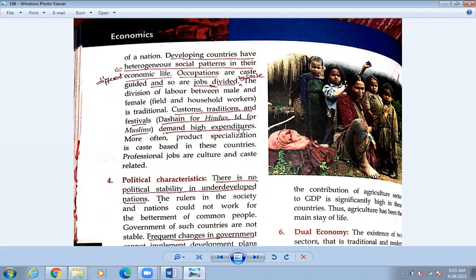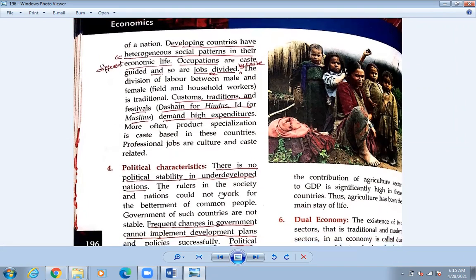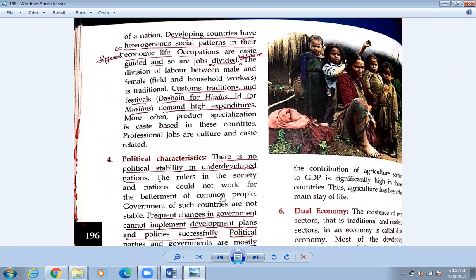Okay, in developing countries this is also seen. There are many cultures, and because of this culture also, people are not above the poverty line. All the earnings are supported by culture itself. So this can also be found in developing countries. Let's tick this and go to the next topic.